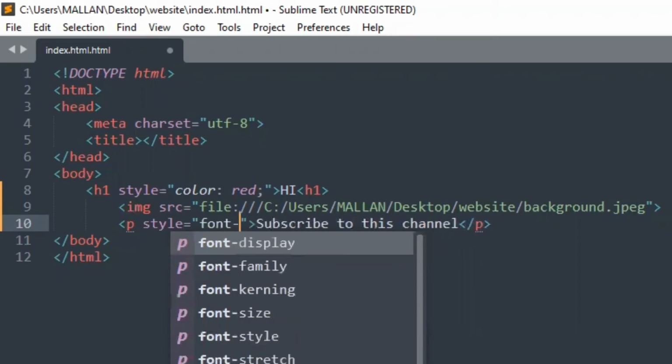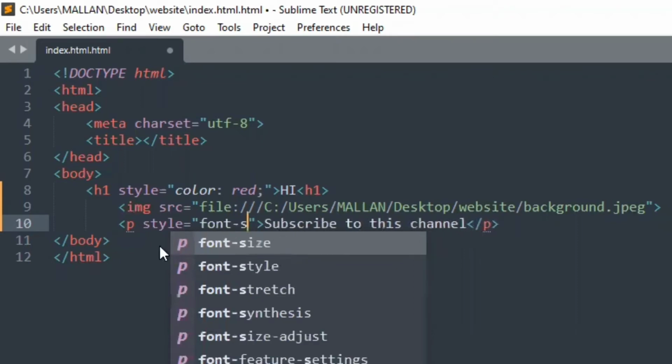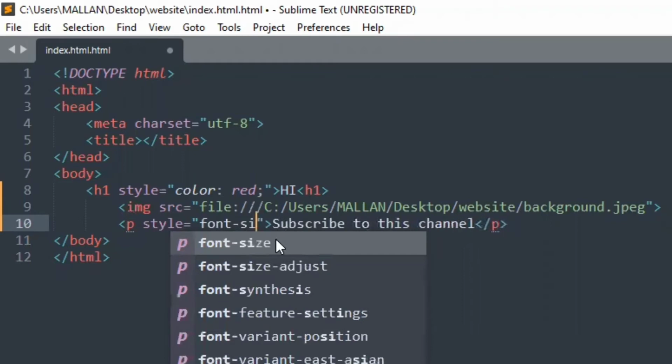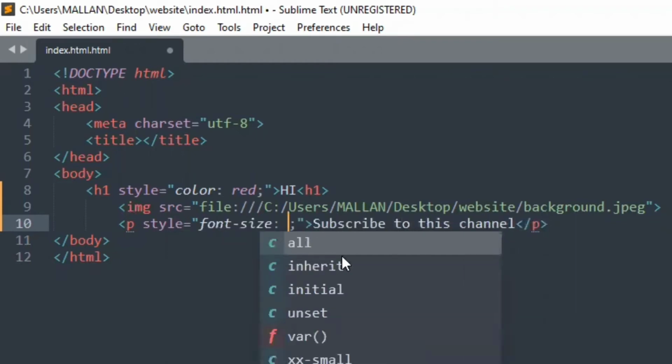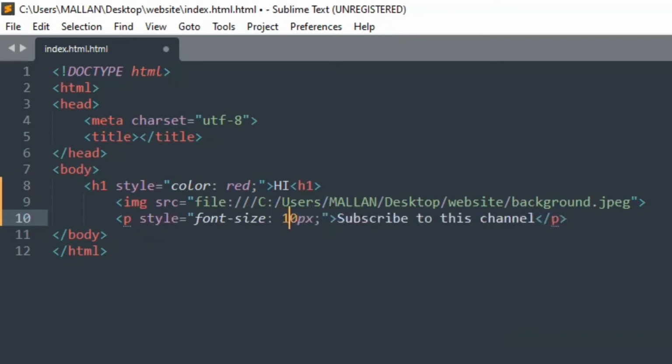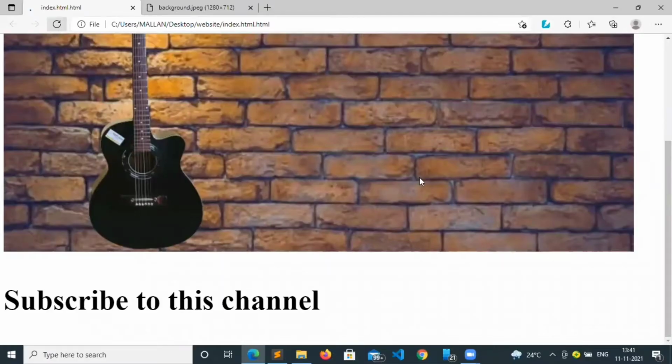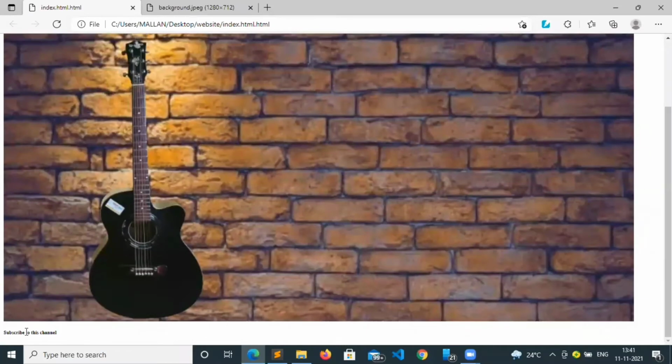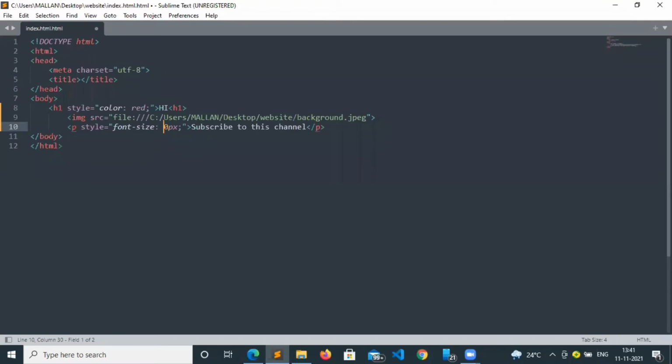Mostly pixels are used as measurements, so I have used pixels. Px means pixels. If we save and reload the page, we can see that the font size has decreased because 30 pixels is less.